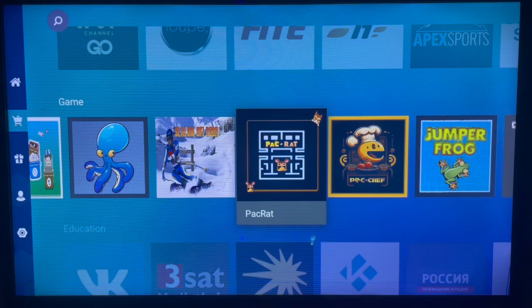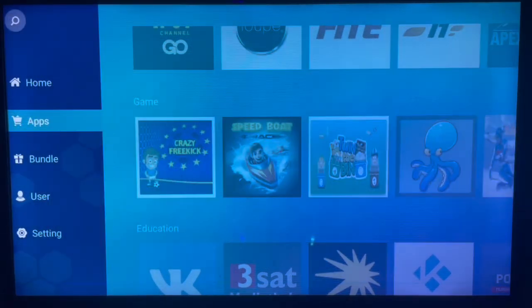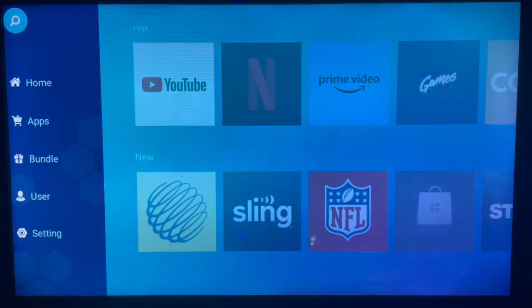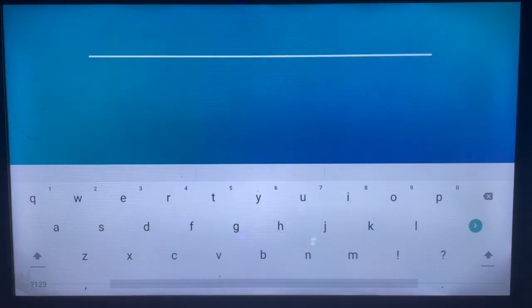Now, if by browsing you don't see the application, here's the shortest way to search. Just come over to your search box here and type in the application you're looking for. In this case, is the PacRat game. So just go ahead and type in PacRat. This is a very beautiful game for those of you who love games like me. It's very nice to play on your Samsung Smart TV or any smart TV. Alright. So you just go ahead and type in PacRat